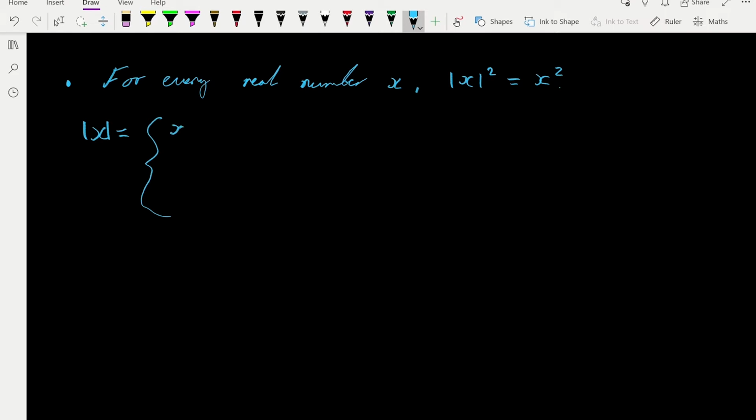So it's just going to be x itself if x is greater than or equal to 0, and it's going to be negative x if x is less than 0. Okay, and remember that we want to stick to graphical and geometric intuitions about absolute value because it makes things easier to understand. So after I give the proofs, I'll kind of talk through a more graphical interpretation to get an intuition as